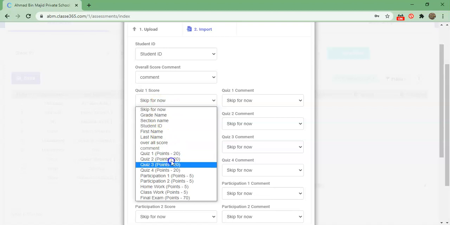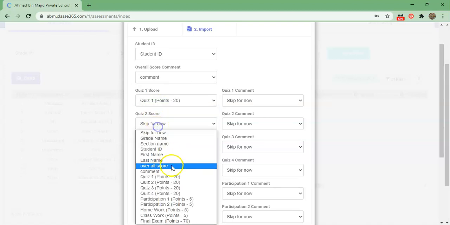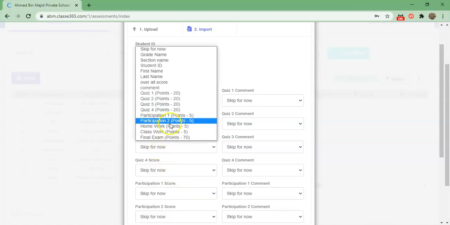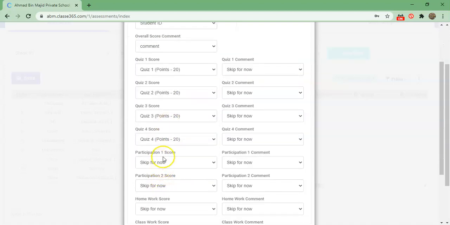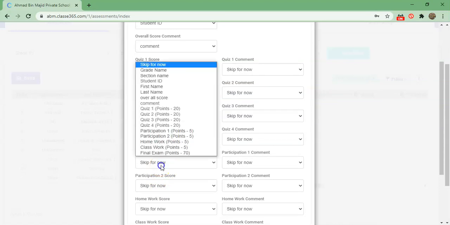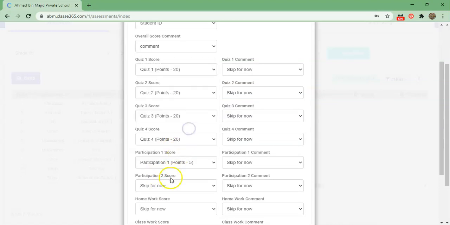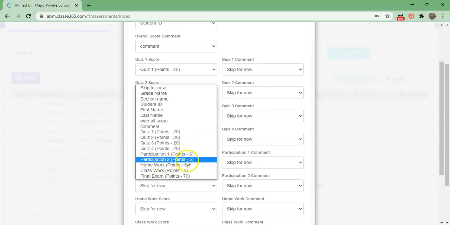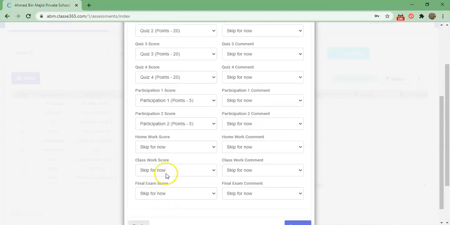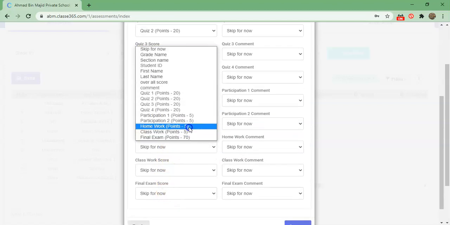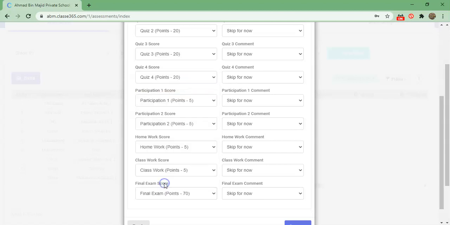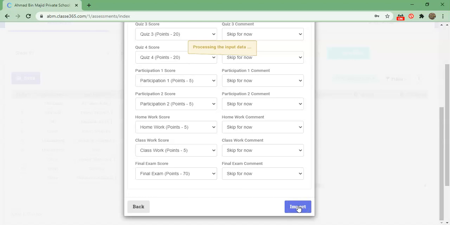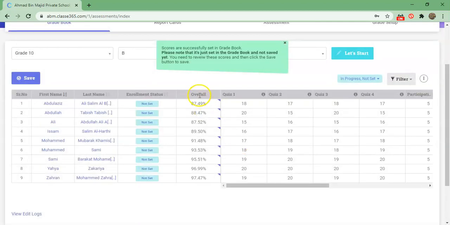For the rest, quiz 1, quiz 2, so go to quiz 2, quiz 3, quiz 4, and then participation score 1, participation score 2, and then homework, classwork, and then final, and that's it. Import. You see overall scores are automatically calculated.